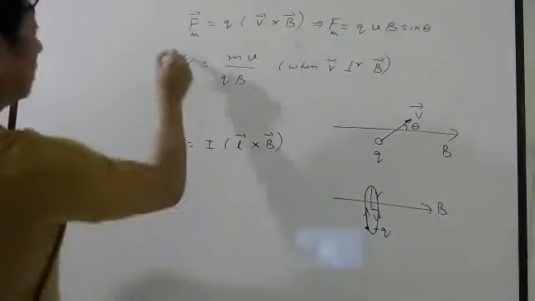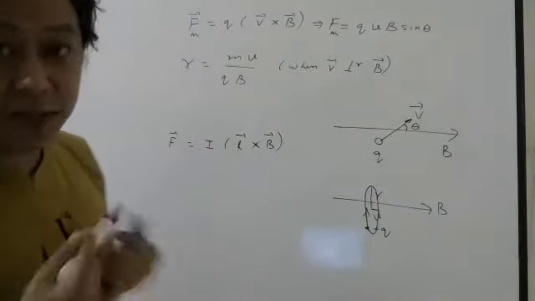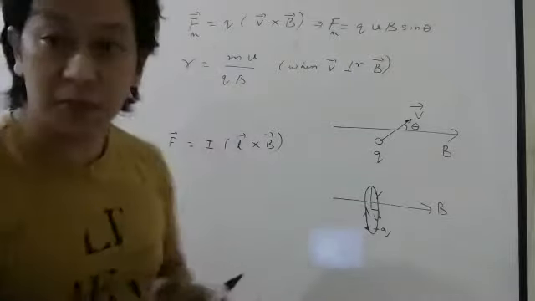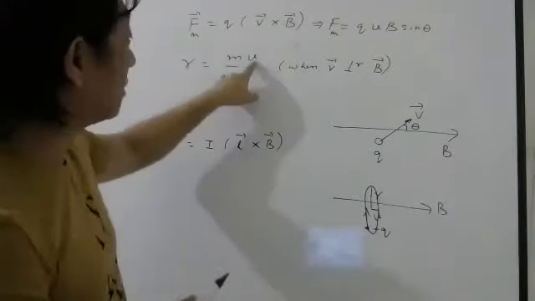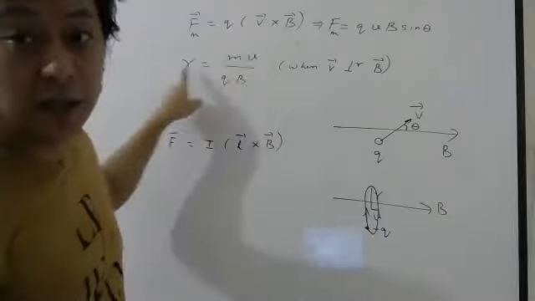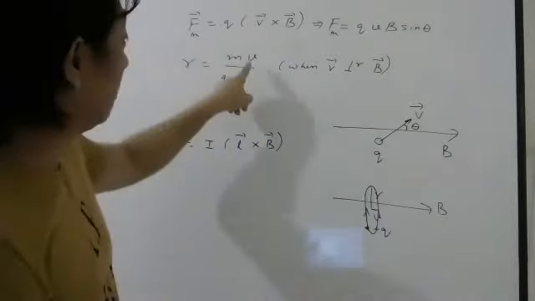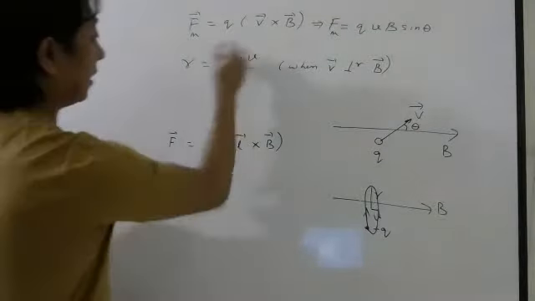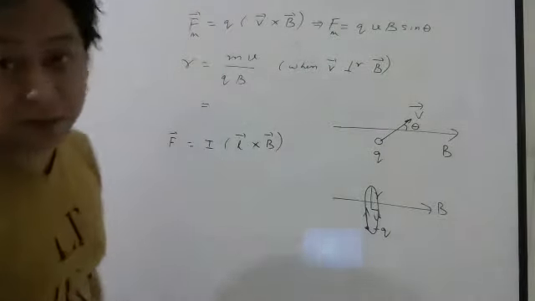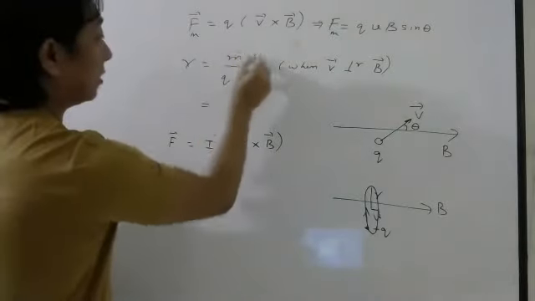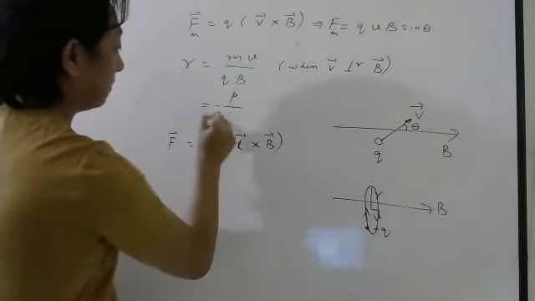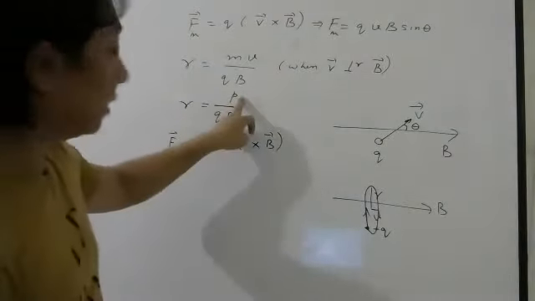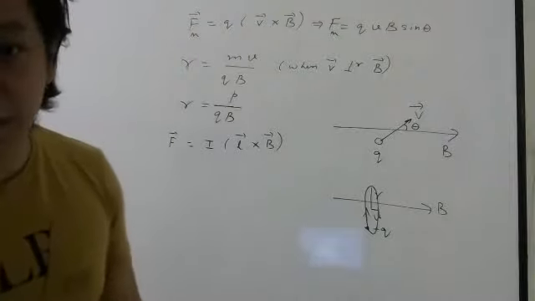Now look here, if the particle remains the same, means charge and mass will be same. But if you double the speed, then radius will also double. If speed is doubled, radius will double. Sometimes they may write this formula in terms of momentum. So momentum, how you can write? Mass into velocity is momentum, right? So in terms of momentum also you should try to remember.